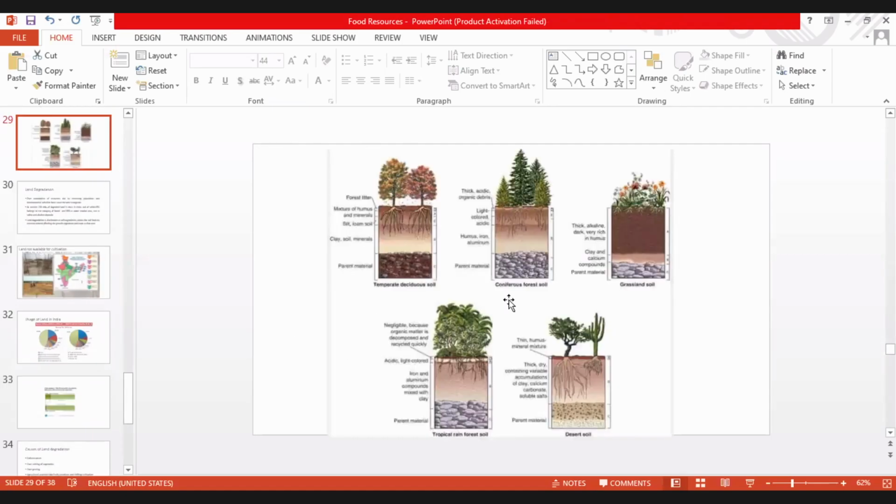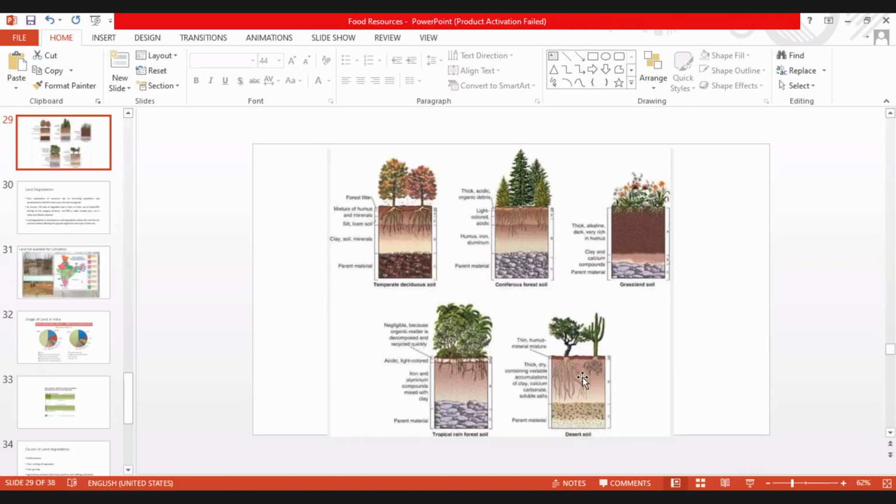The next image shows you the types of soil, because we are talking about land resources. So we are talking about these types of soil, the roots that can be seen in the soil in terms of the type of plants. So when we talk about a grassland, see the roots of the plants. They are basically small and the water resources are easily available because the soil is rich in humus and organic